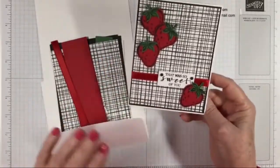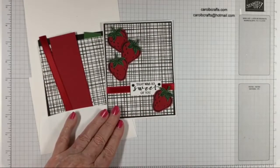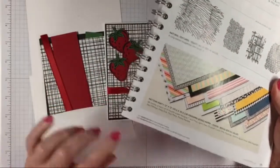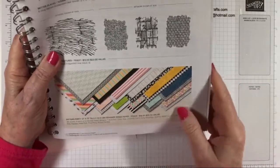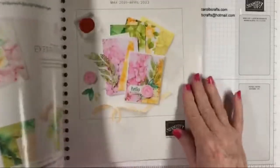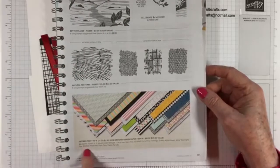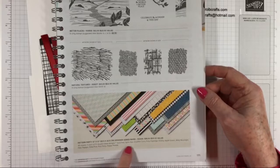So this paper that we used for this class, you should have gotten some when you did your annual catalog paper share. It's on page 171 of the annual catalog, the one that you got back in May, I think. It's called Pattern Party, and you can get it as a